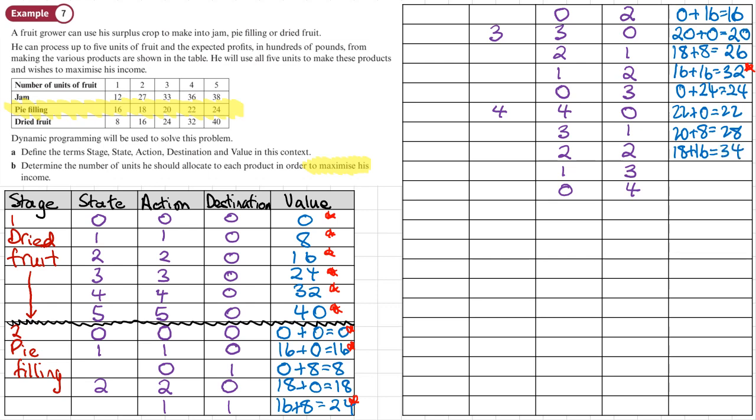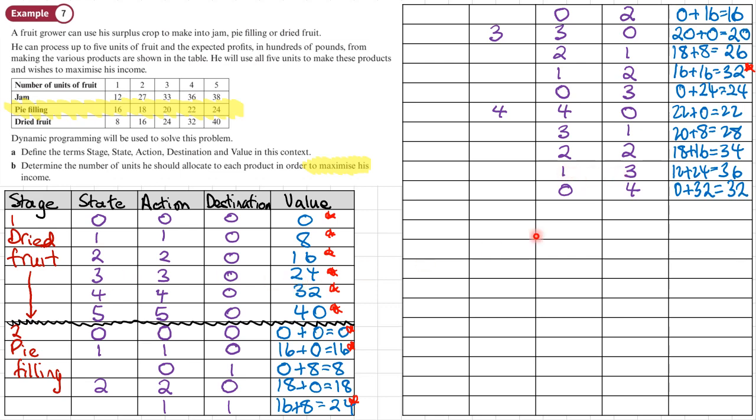Using up 1 here would be 12, and then passing on the 3, so 12 plus 24, which is 36, and then using up none and passing on 4 would be 0 plus 32, which is 32. And I've just spotted an error here, so if I'm using up 1, actually it should be 16 plus